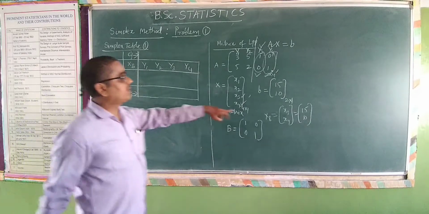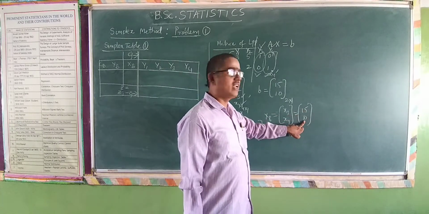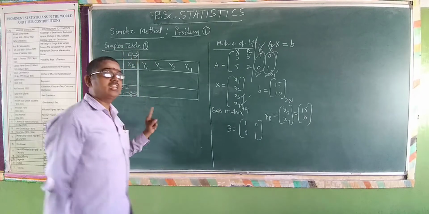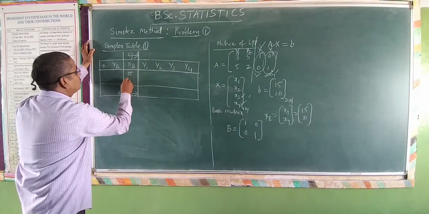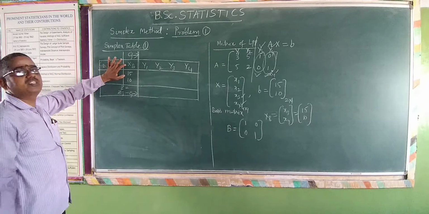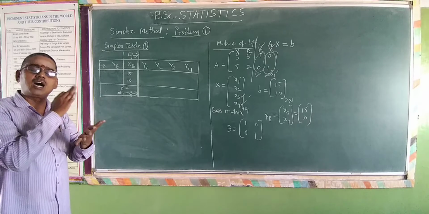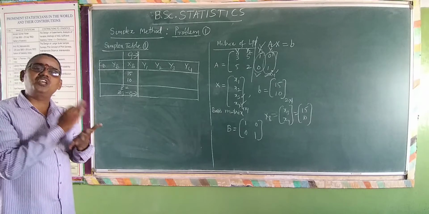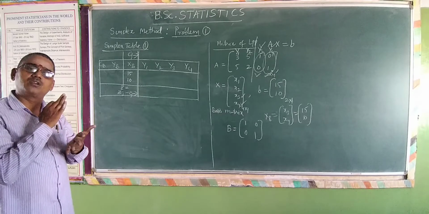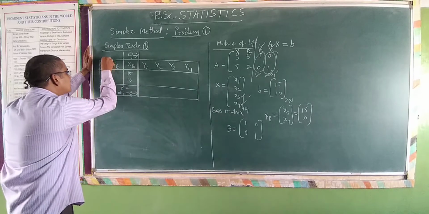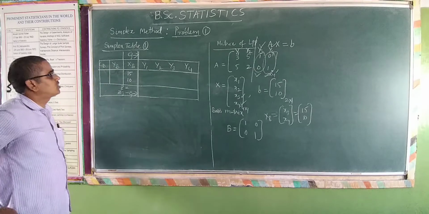So what is the initial basic variable solution? XB. It is 15 and 10. You have to put it in the first column of the simplex table. So that is XB here, 15 and 10. Therefore, this is the first column of the simplex table. What about the rest? Which are the associated values, not in the original vectors of the given problem. Only associated values. I will tell you what the associated values are later on.